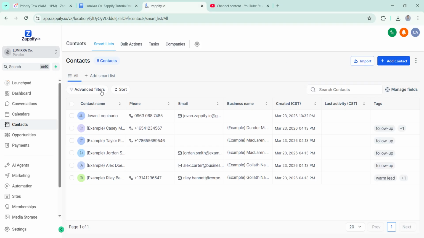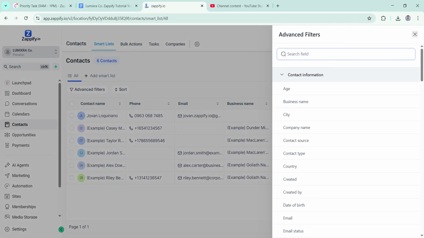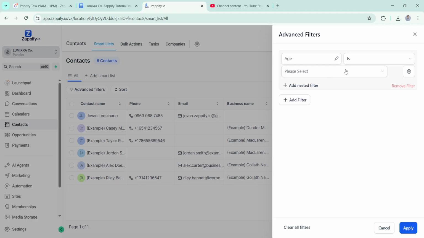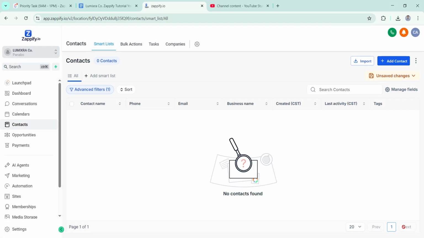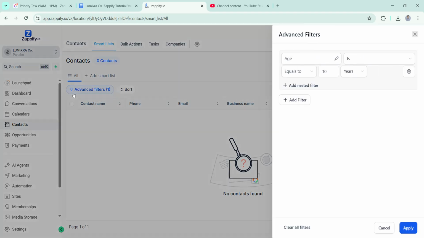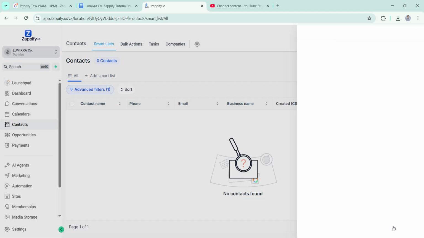And we can also use filters, like we can filter it by age equals to text value 10 years, then apply. So there are no 10 years old here. So no contacts found. And that's it.